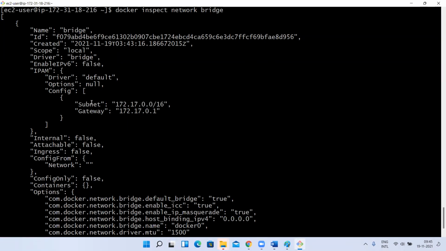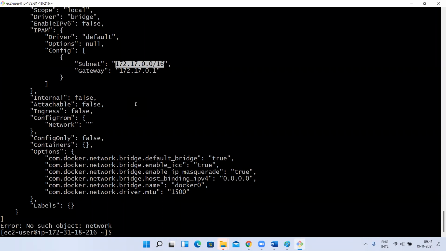How many IP addresses it can get is based on this subnet. You may not know what a subnet is yet; I'll discuss it in AWS. For now, remember this indicates the subnetting range, so these many IP addresses can exist in it. How to calculate how many IP addresses, I'll discuss tomorrow in the next class when I discuss networking.